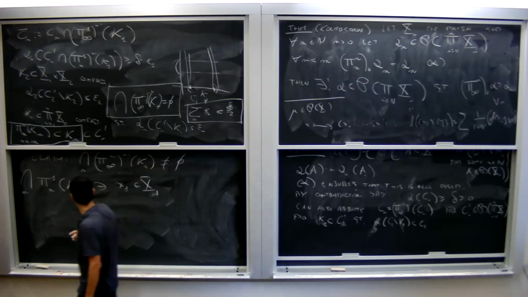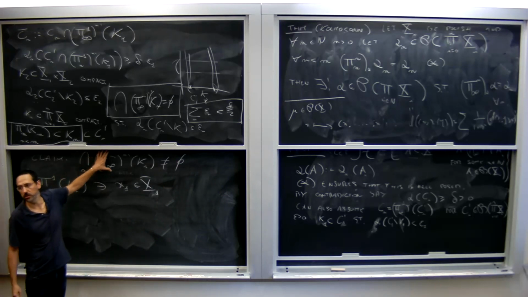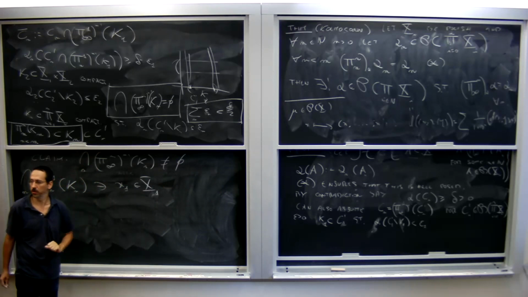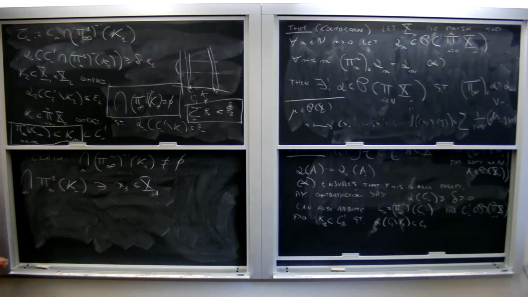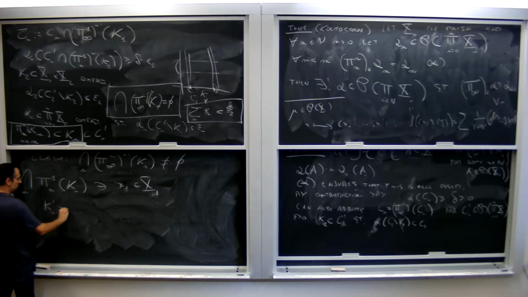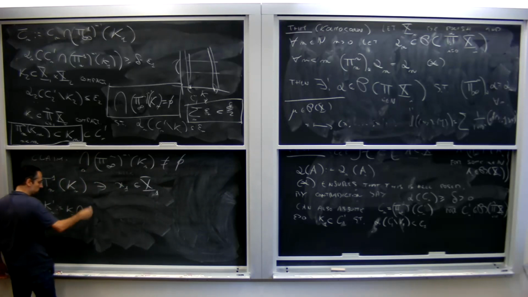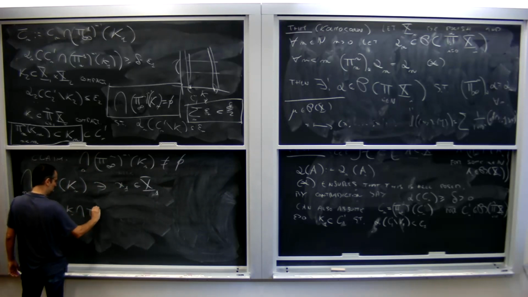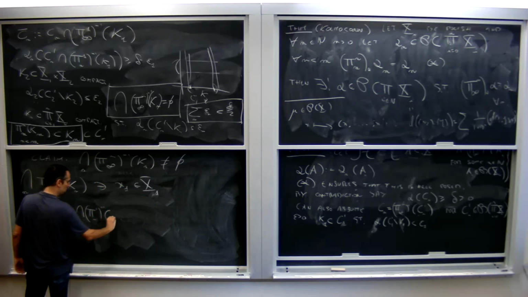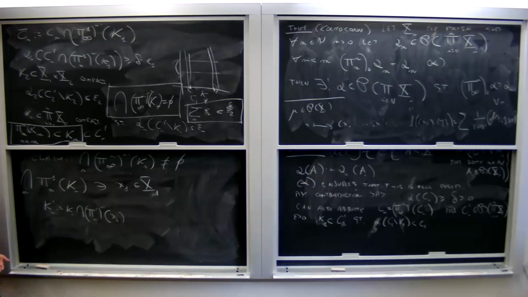Okay. Let me iterate. Now let me consider instead of these sets, so basically the point in the intersection that I will find will have this guy as first coordinate. Let's look at the second coordinate. I pick, let me say, Kn prime. This is Kn intersect those with the first coordinate x1. Let me slice those compacts. Again, these are all non-empty because of this, and they are compact. And I can iterate. Is it clear what I'm doing over here?